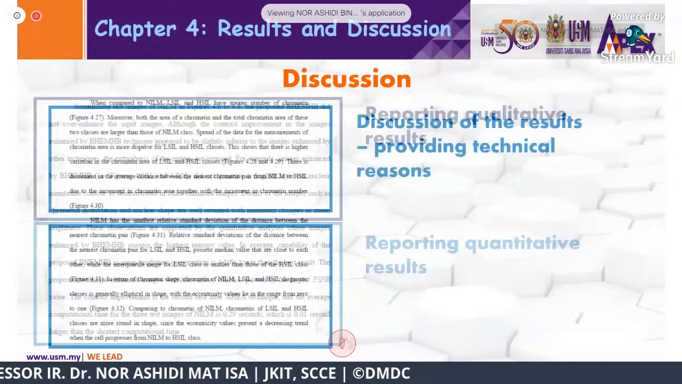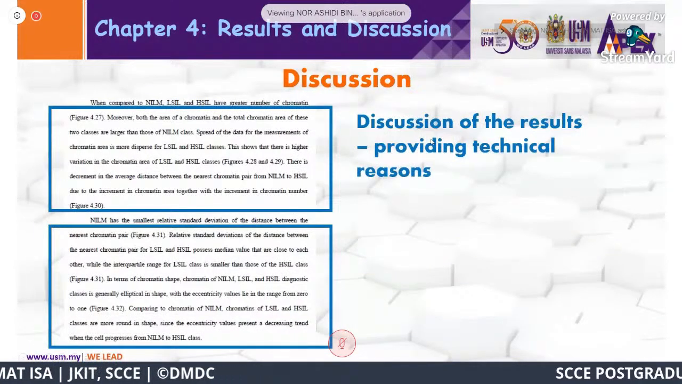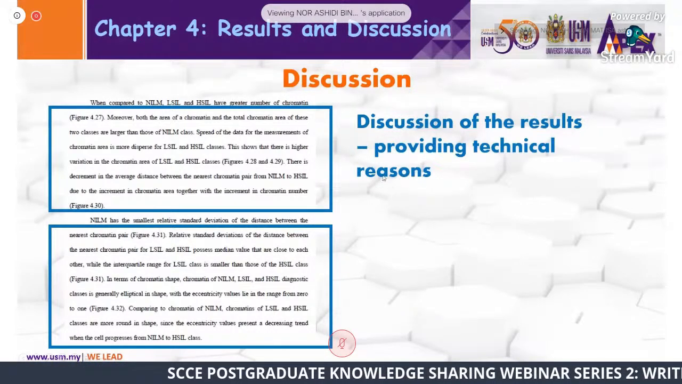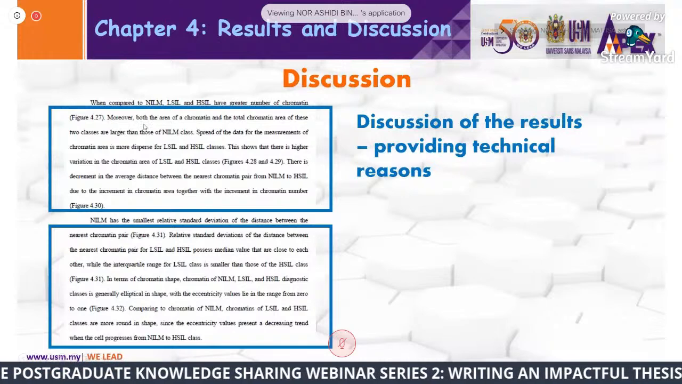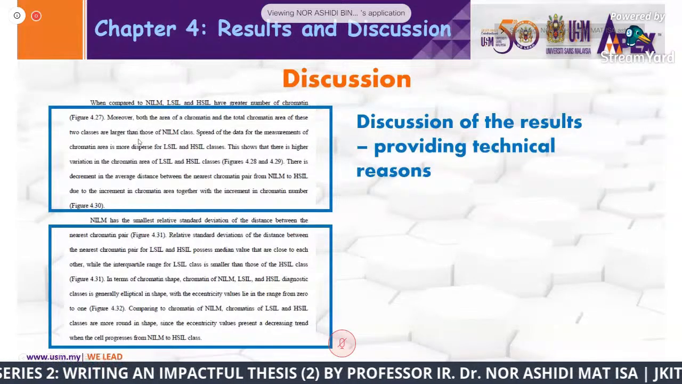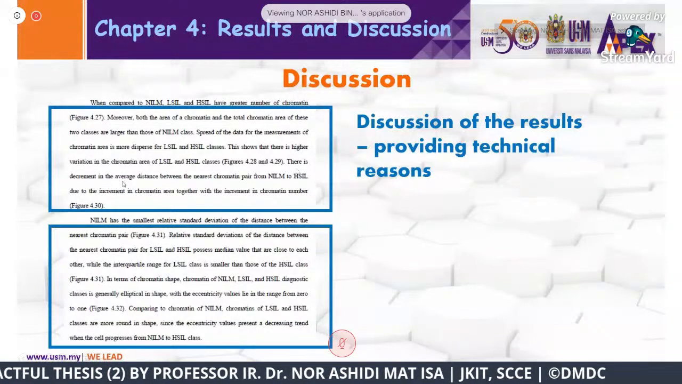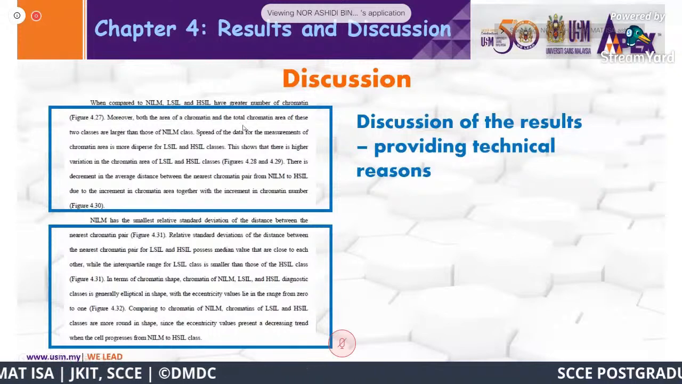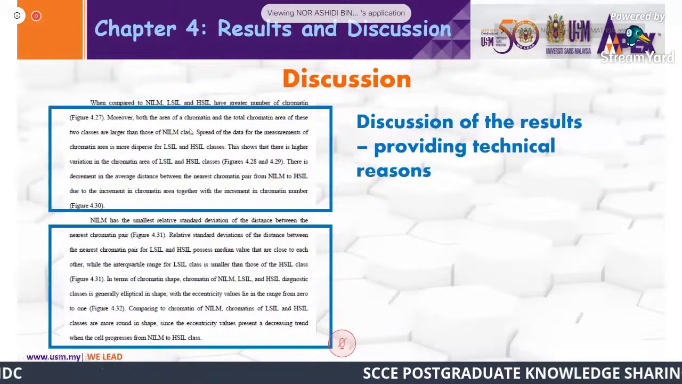Okay, this is discussion. Discussion is where you explain the results, providing technical reasons. Moreover, both the area of the chromatin and the total chromatin area of these two clusters are larger. Okay, why? There is a decrement in average distance. So why do they have the larger total chromatin? For example,